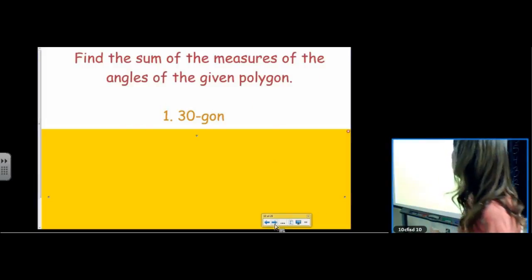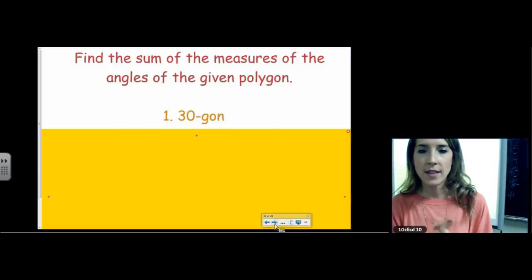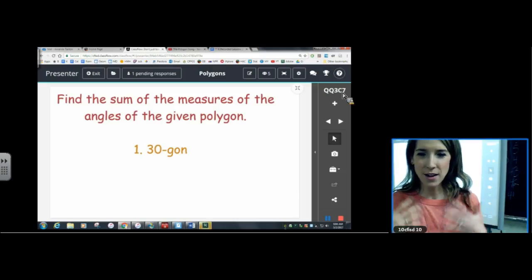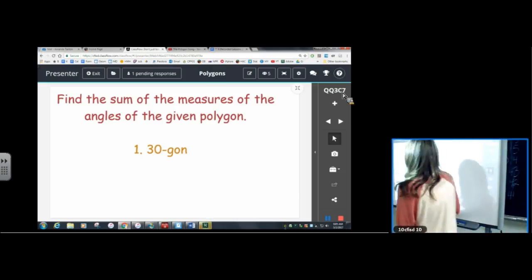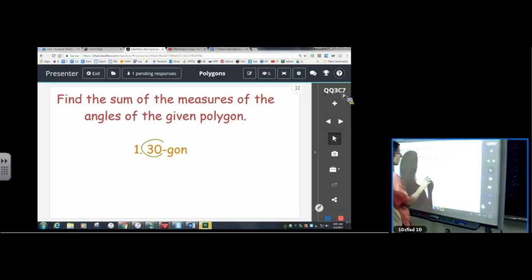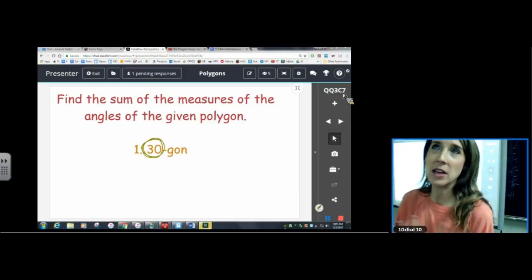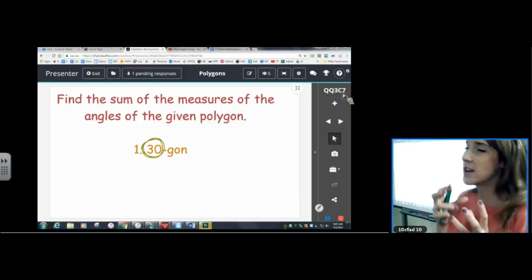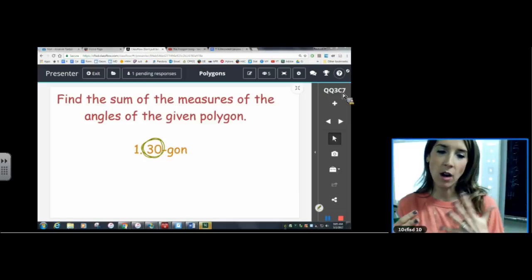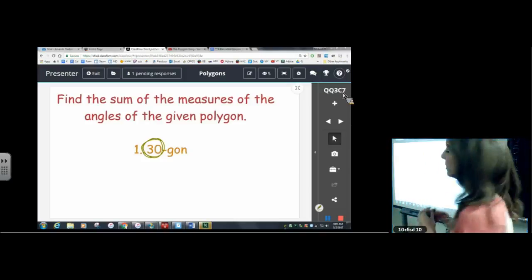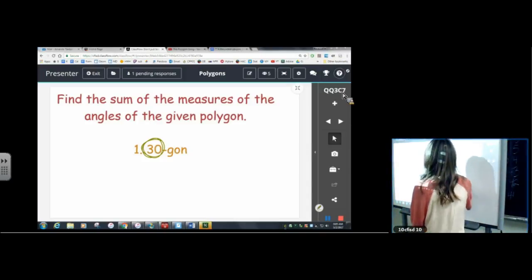Let's try some problems. Find the sum of the measures of the angles of a 30-gon. I need to go over this. I know you can plug numbers into a formula. So this is our n right here. It doesn't really have a name. When they don't have a name, or I'm not going to make you memorize its name, then you just write the number and then you write gon. It's like 30-gon, 52-gon, 79-gon. So that is your n